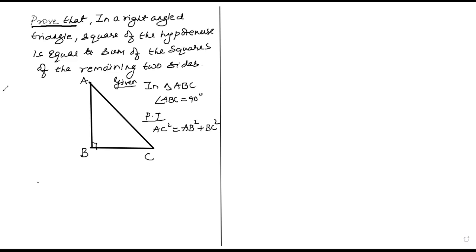What I do, from the vertex of the right angle, a perpendicular segment I draw, BD perpendicular to AC. This construction I do, got it? So we'll write construction, children. Now, what is the construction we are writing? Construction, draw